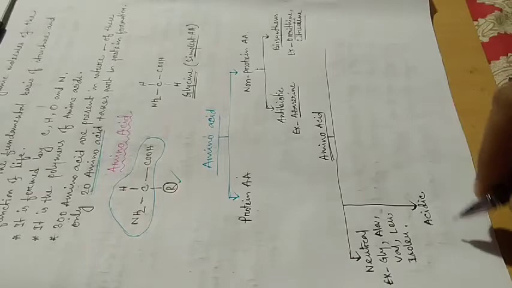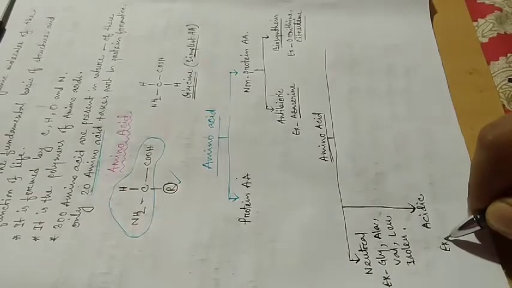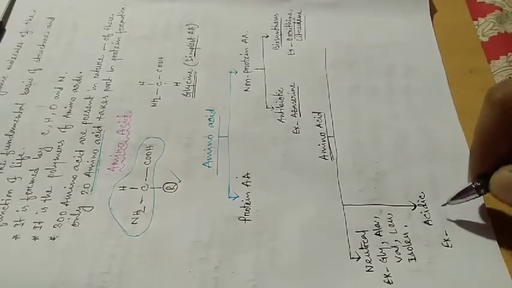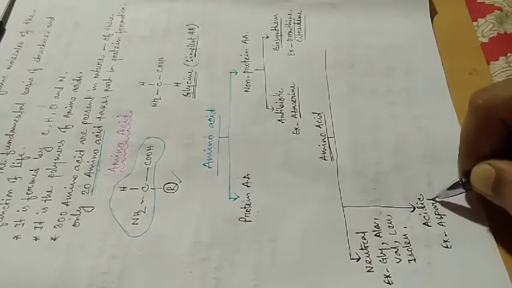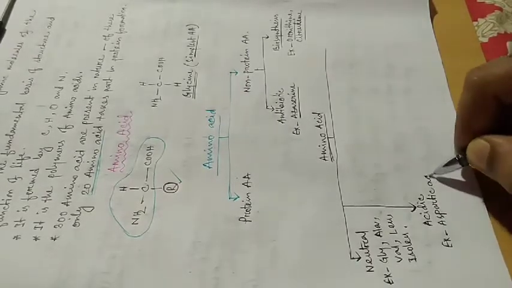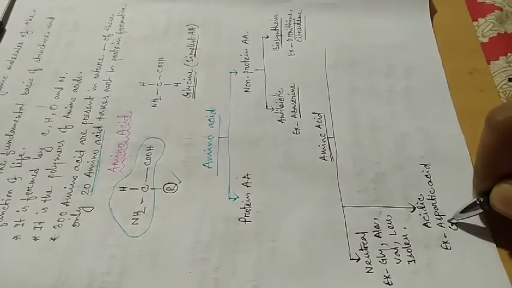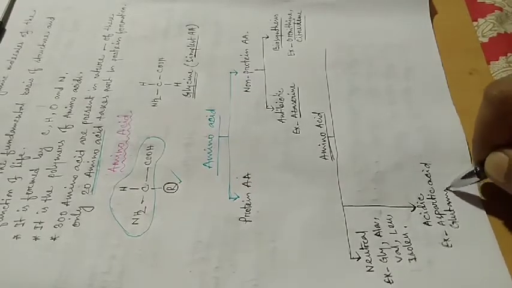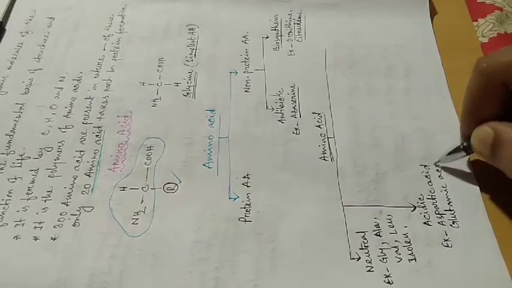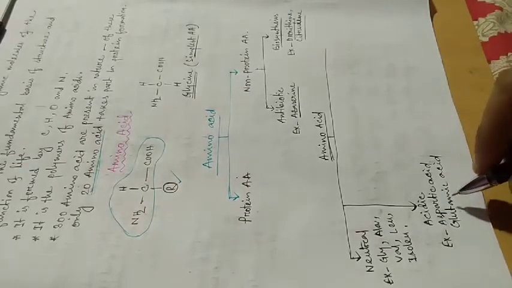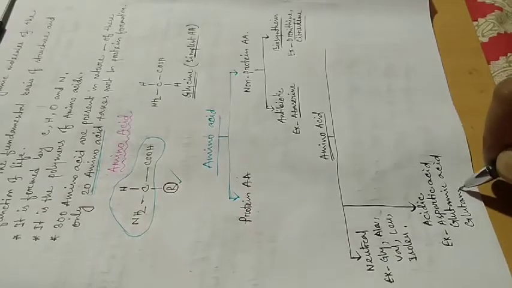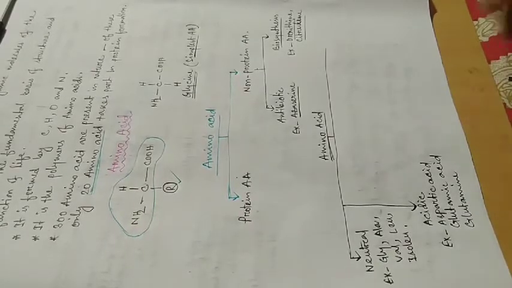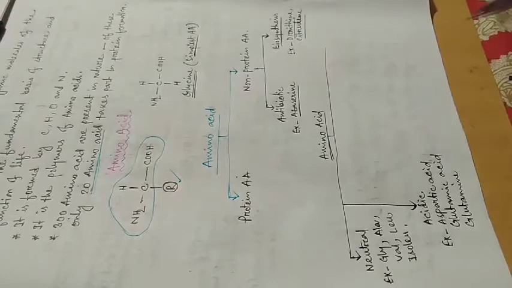As example of acidic amino acid are aspartic acid, glutamic acid, glutamine, etc. These are the acidic amino acid. Then